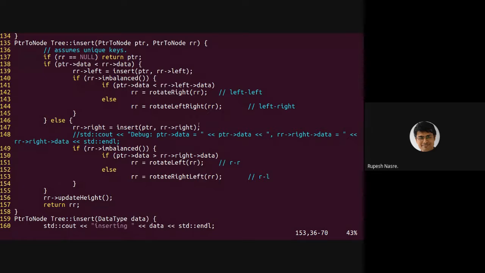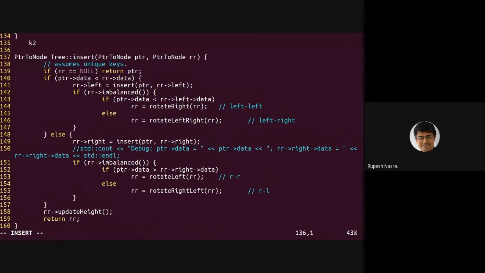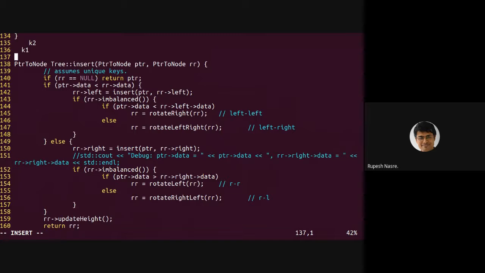Okay, so let's look at one of them. Let's look at the rotate right part, where if you recall, we had K2. I don't draw it here. So we had K2 node as the tree node, then it had K1 as its left child, right? And then K1 had X as the child, then there was Y, and then there was, I think, Z above.